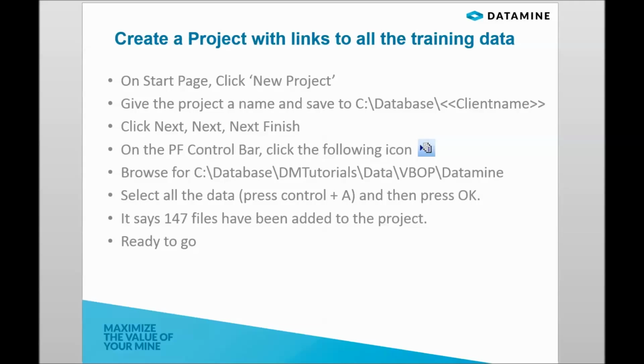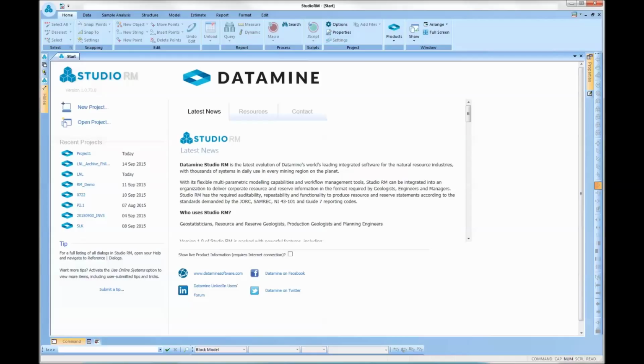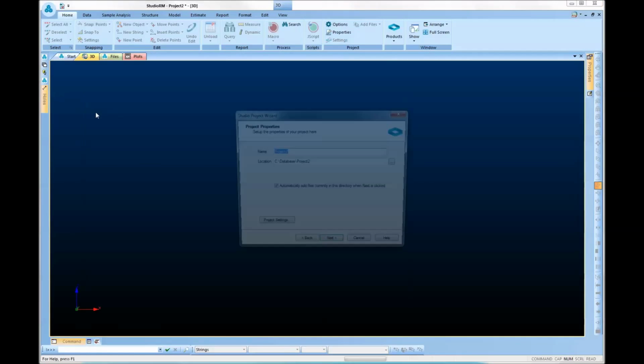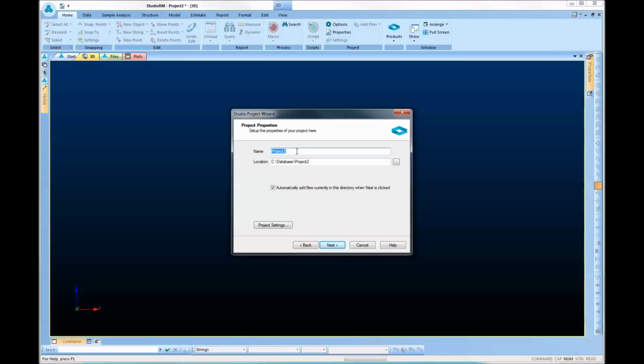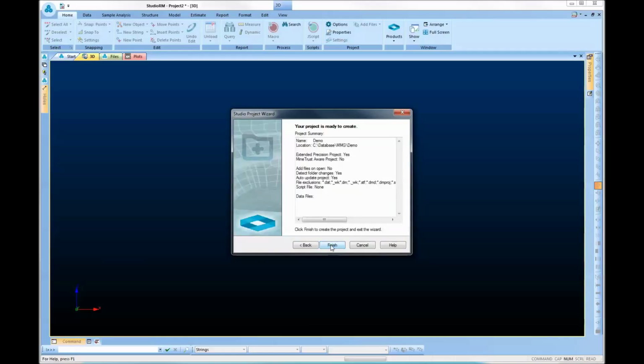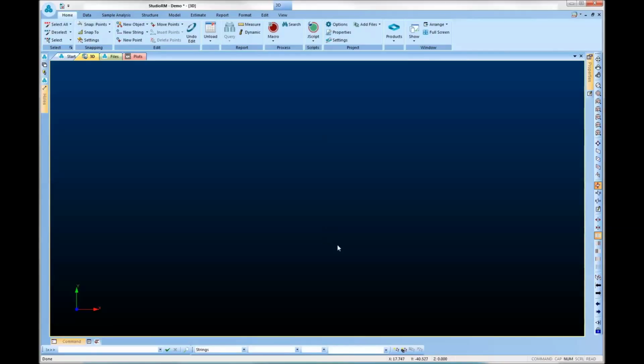So in Studio RM, click on New Project, and we'll need to give the project a name and give the location somewhere in C database and maybe your client's name. So let's type MMG and then demo. Now if we click on Next, Next and Finish,